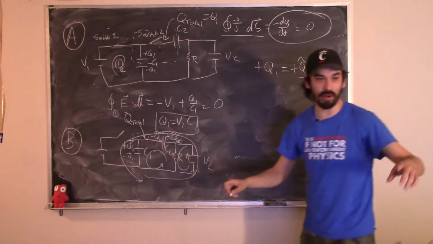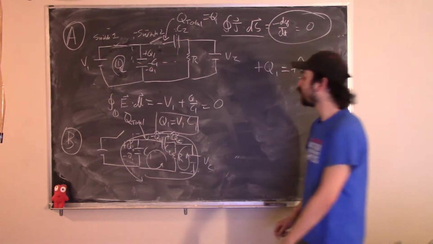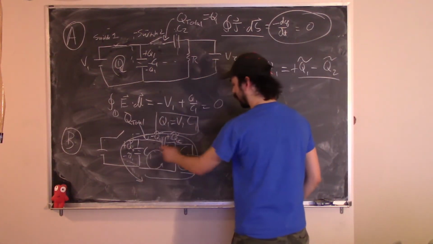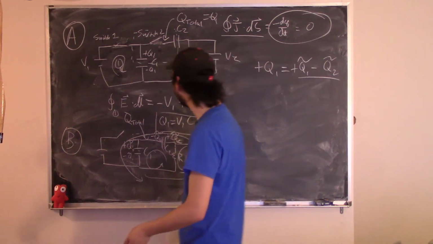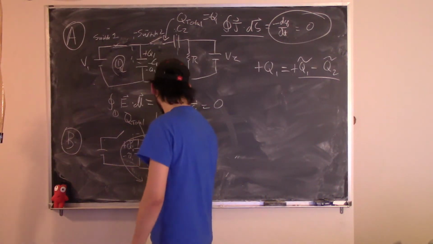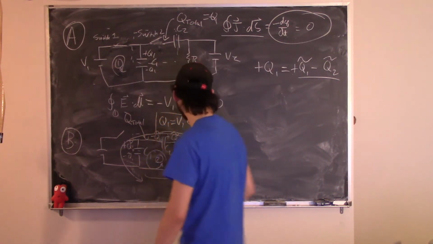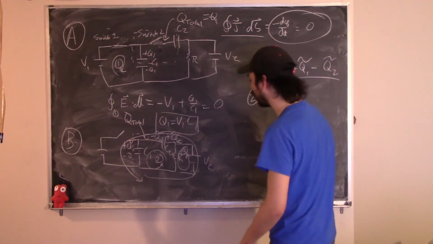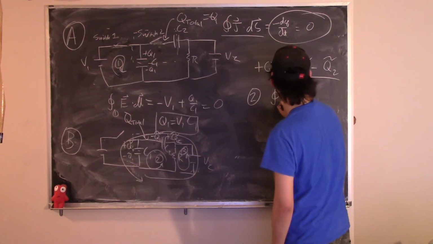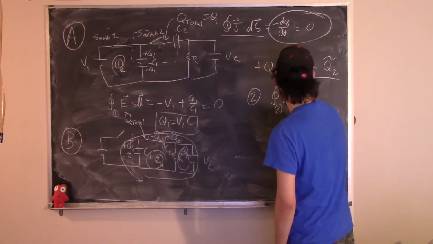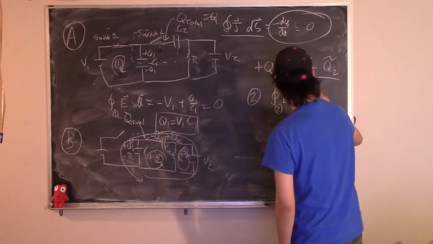It's just a little bit redundant to do all three. It's any combination of those three loops. I just happen to choose the one that's in here and the one that's here. So if this is, I said there was some loop 1 here. Let's call this loop 2 and this loop 3. So loop 2 says that the integral over this loop of E dot dl is going to be equal to